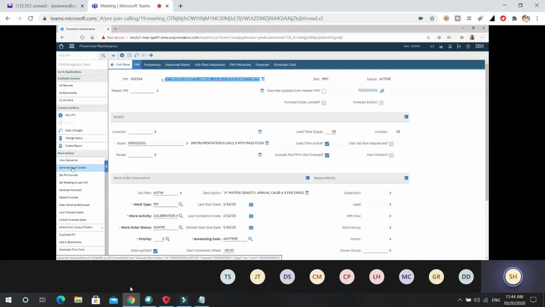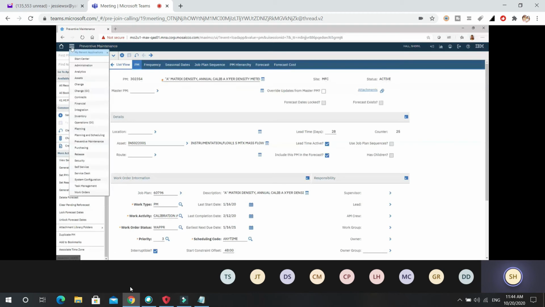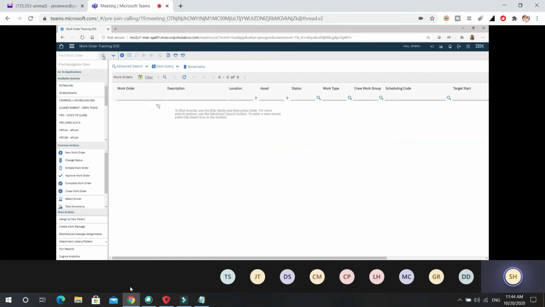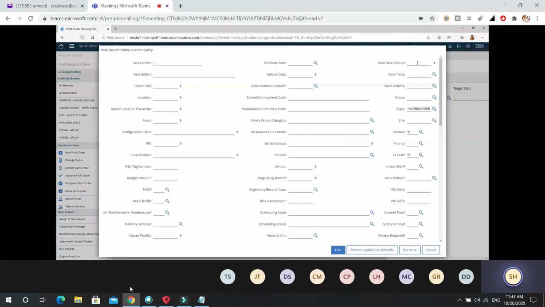I typically do that when I'm working on my weekly PMs because I would base load them into the system, but you don't have to generate it at all. I'm just generating it so you guys can see, this is what happens and the work order generates. But I wanted you to see one other thing. I want to go back over there to work order tracking for a minute. I want to pull up those 3 work orders again